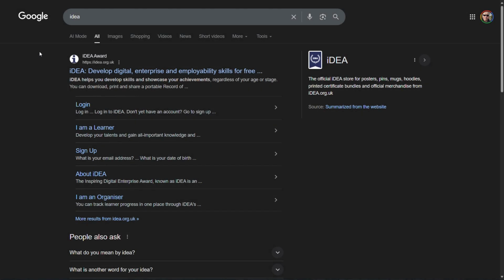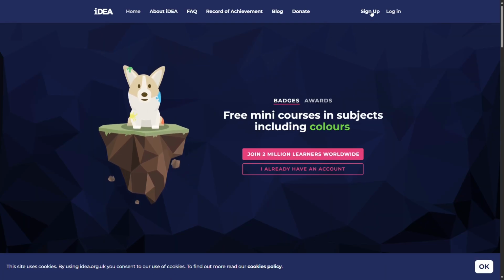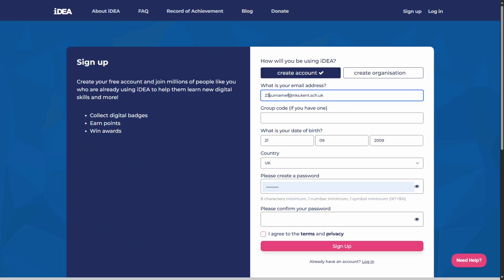We're going to show you how to sign in to IDEA. So go ahead and click through to the site, and when you reach their main site, click on Sign Up. First of all, make sure that you enter your full school email address, including the nks.kent.sch.uk. And at this point, you can enter your group code, such as this one for the Year 9 in 2025